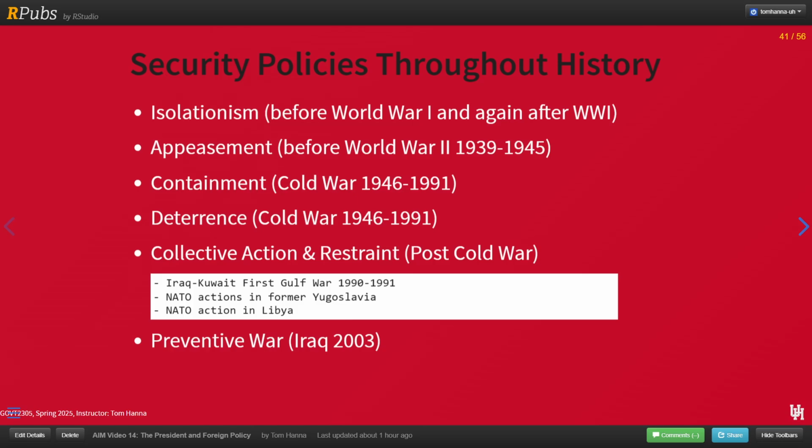The Soviet Union collapsed in 1991. This did not necessarily make Russia a friendly country, but it made it less threatening than it had been, especially after many of the former Soviet republics left the Soviet Union and became independent countries, some of them democratic, some of them not. So we ended up in a new security policy